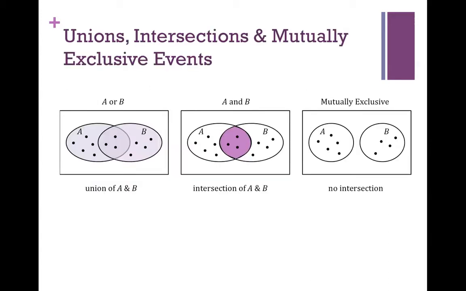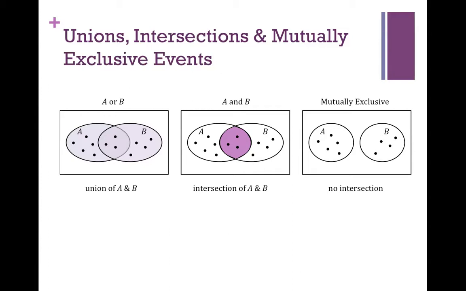So what do we mean by unions and intersections? Let's imagine that we have two events, event A and event B. And in my Venn diagram, each oval represents an event. So if I am interested in event A or event B happening, what that means is that I can have anything in this oval or anything in this oval happen, and it would count as an